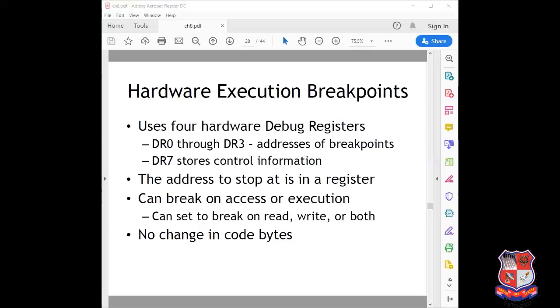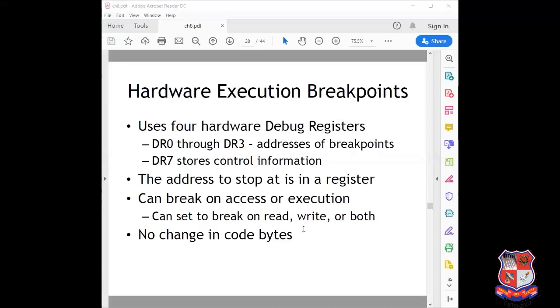Hardware breakpoints have another advantage over software breakpoints: they can be set to break on access rather than on execution. So it is a good part of hardware execution breakpoints.